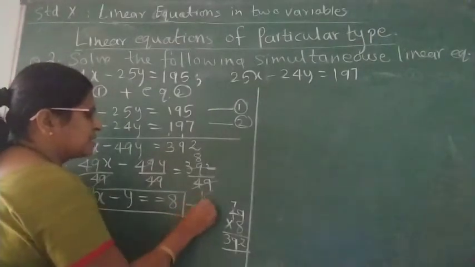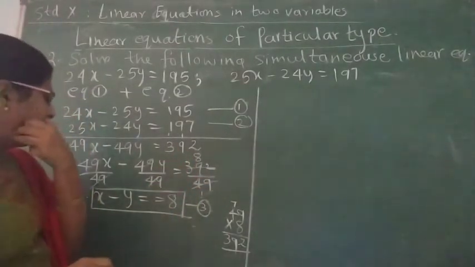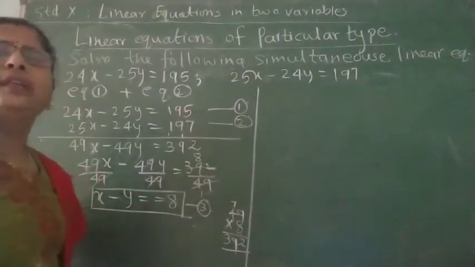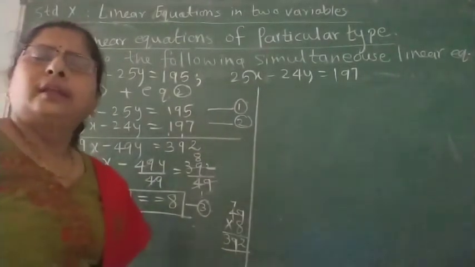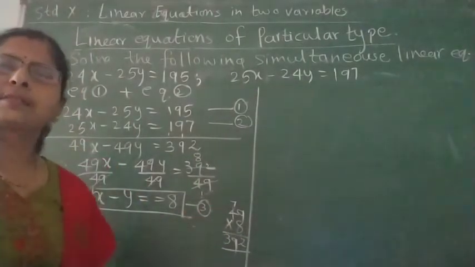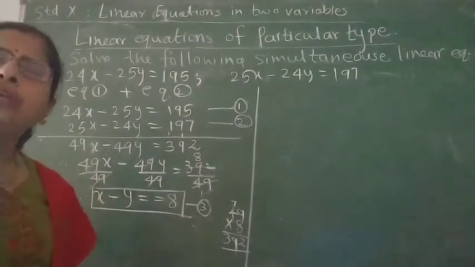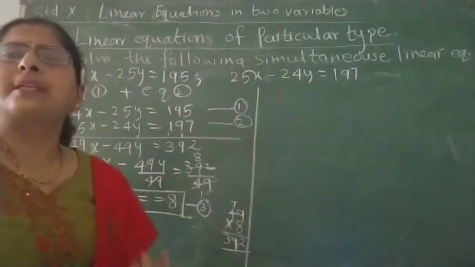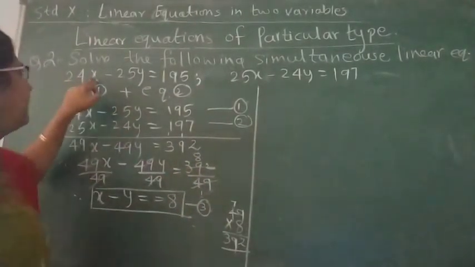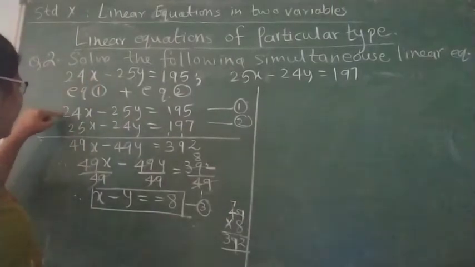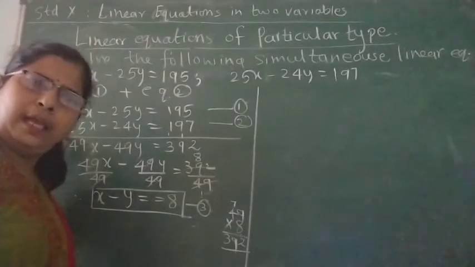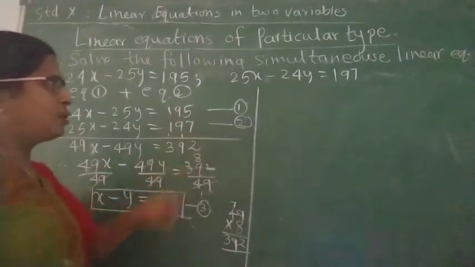Let's say this is equation number 3. Now let's subtract the given two equations. While subtracting, we need to be careful which equation should be written first. Write first the equation where the coefficient of the first variable is bigger, and the first variable is x. Now which is bigger, 24 or 25? We can see that 25 is bigger. Hence, let's write equation number 2 first.